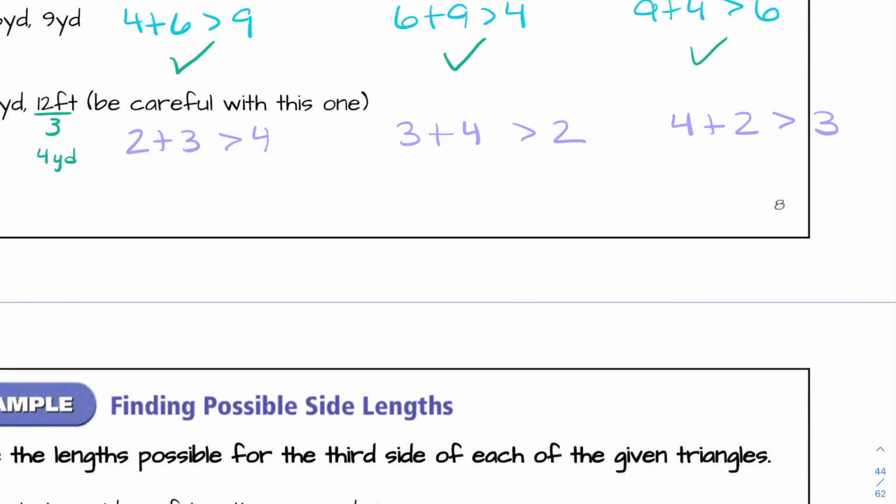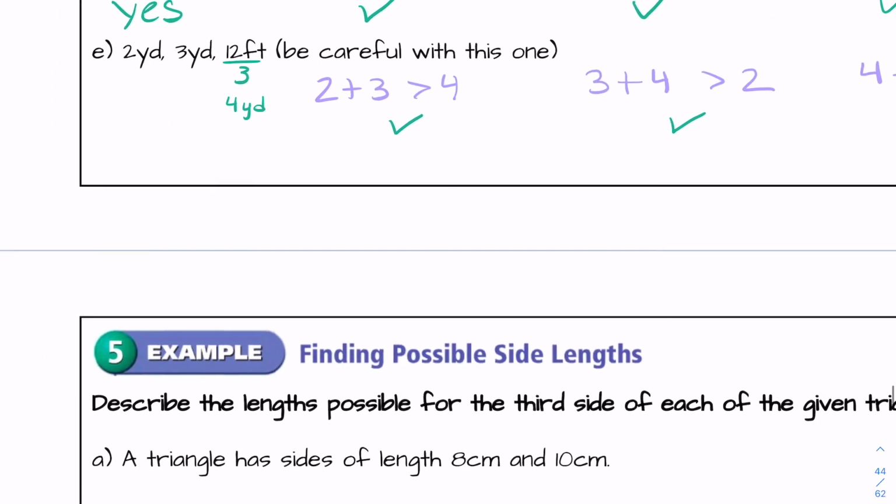Well, 5 is greater than 4. 7 is greater than 2. And 6 is greater than 3. And then you could say, Mr. A,